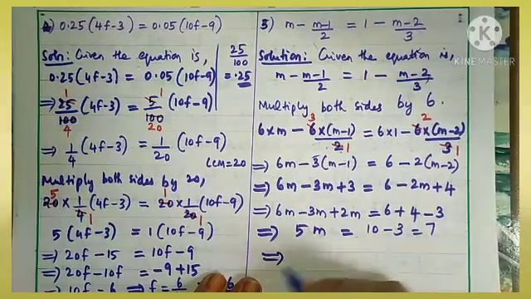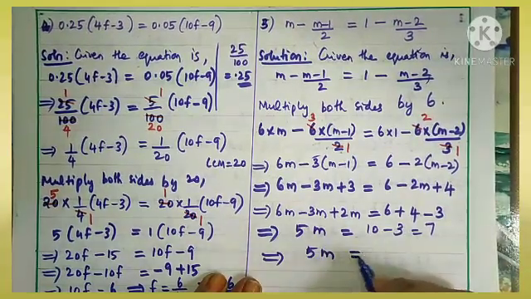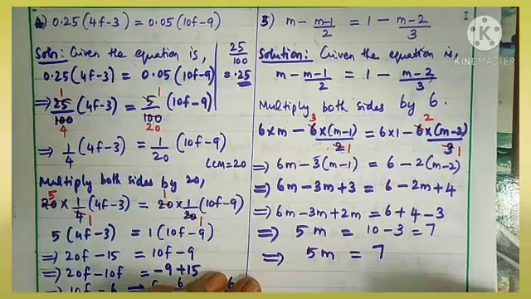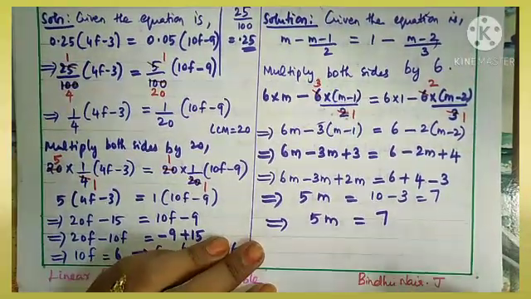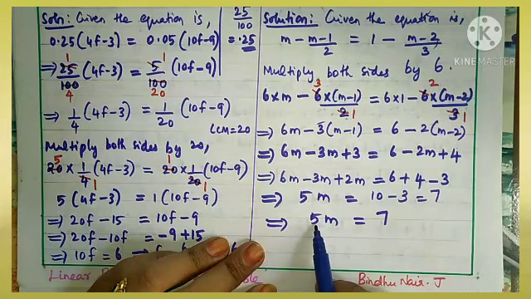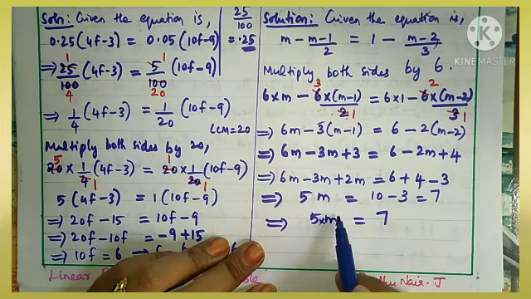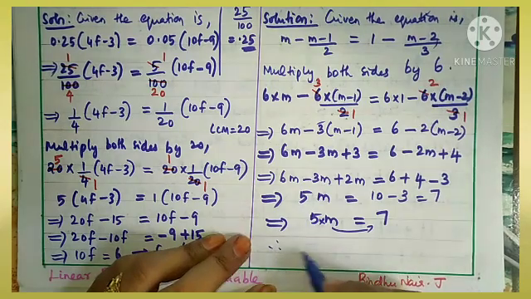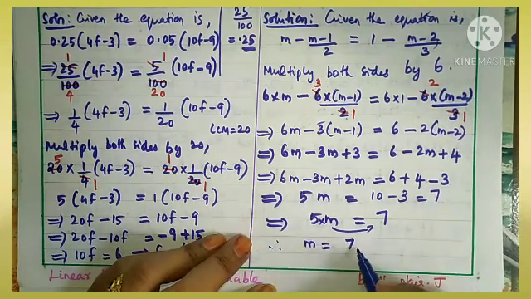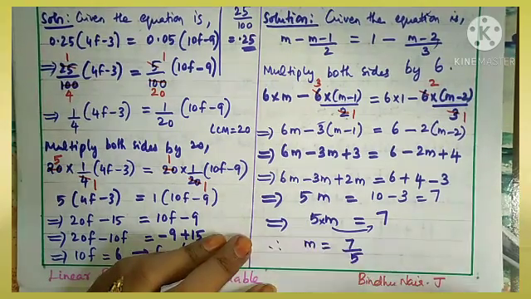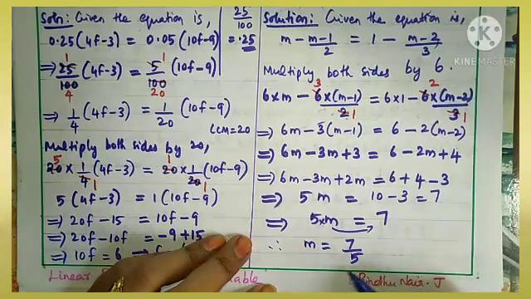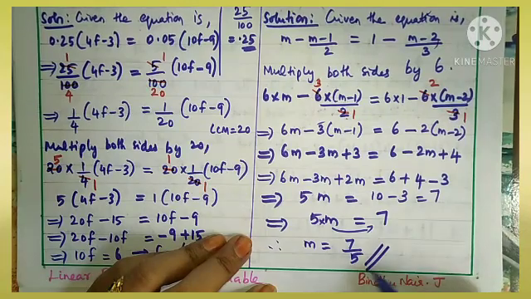So therefore we got 5m, right hand side 7. So from this, what is the value of m, children? Yes, this 5 is 5 into m. Okay. So when we transpose this, it becomes division. So therefore m equal to 7 divided by 5. Now you see 7 by 5 we cannot reduce. So this is our answer.